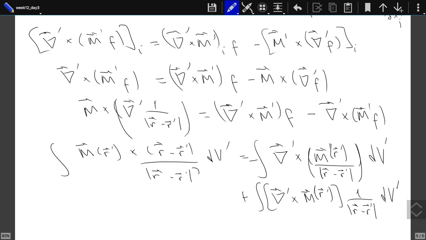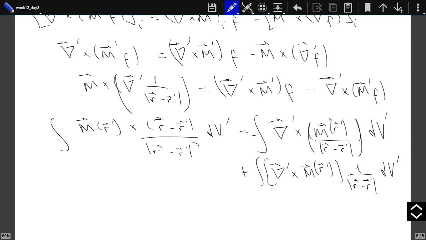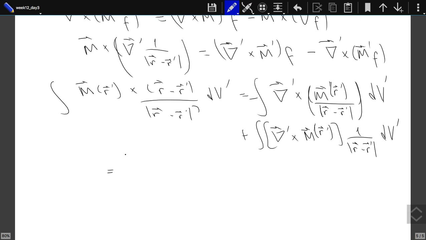Okay, now let's look at this one. Here I have the integral of a total derivative. I can convert it into a surface integral. That will be equal to M of R prime over R minus R prime cross dA, ds,